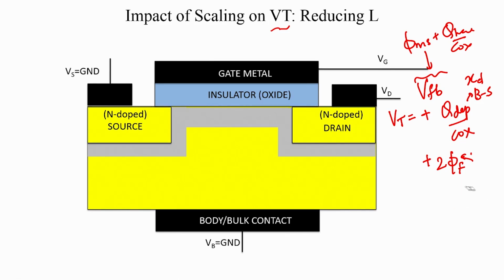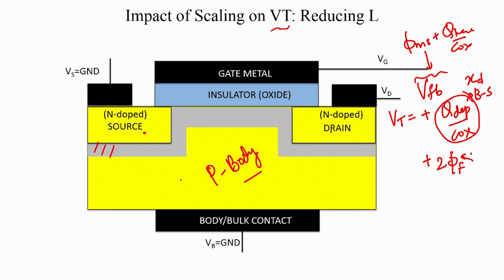So, this is when you hit threshold voltage. Now, let us look at this depletion term. What exactly are we depleting in a MOSFET? Here you already have an NP junction. This is a P type body. So, you have an N type source, an N type drain, and a P type body,